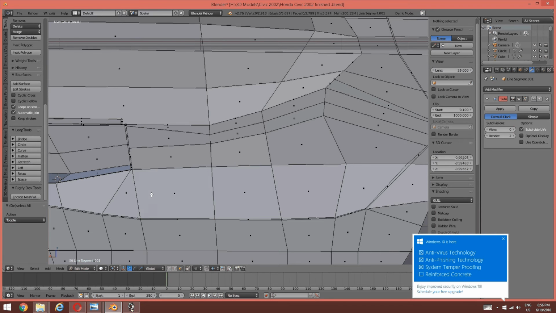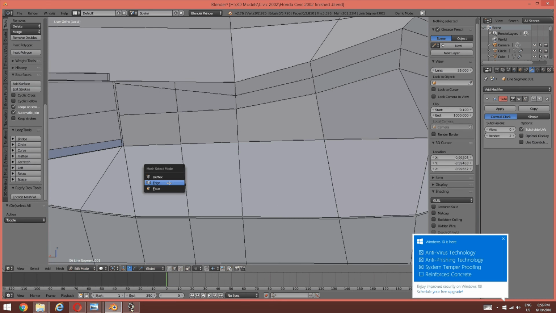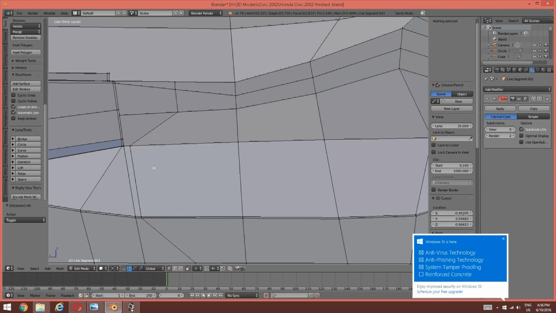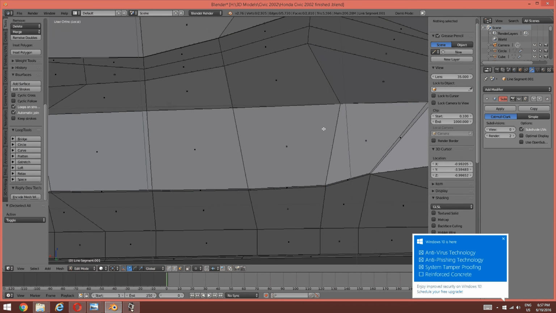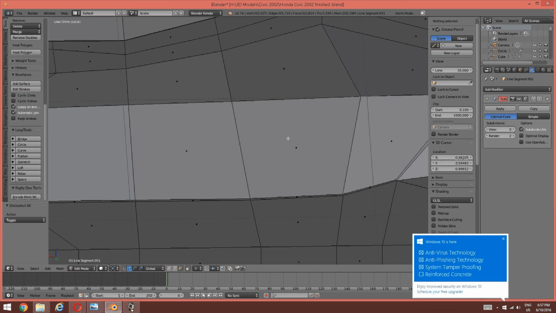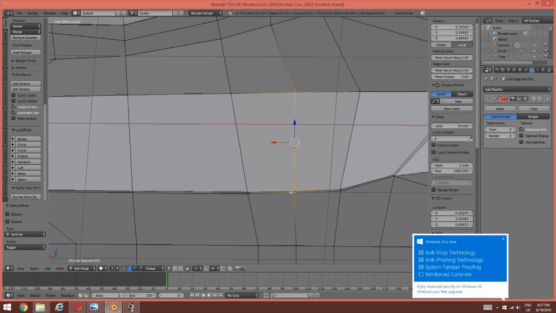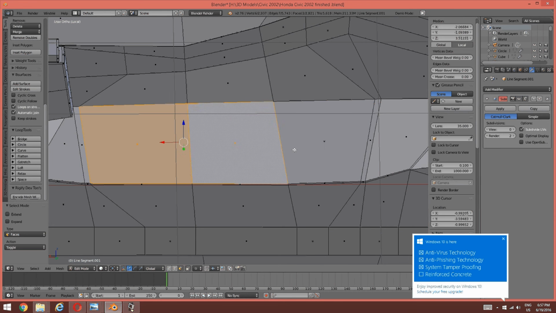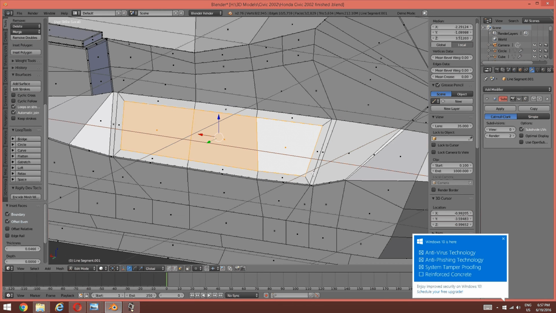So I'm just going to go into here and just add, Ctrl edge slide, go into here, right here, add edge slide like that, Ctrl edge slide like that, go into here, inset right here like that, pretty much,